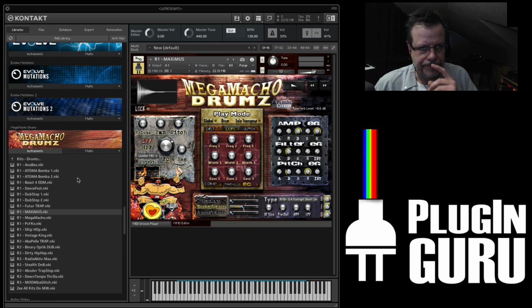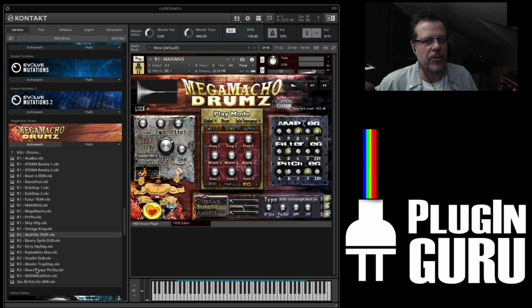But here's the problem. Because this is a serial number library, these NKI Native Instruments Kontakt instrument files have the serial number requirement basically recorded into the file, and you can't get rid of it. So I'm having to build the library from scratch, and it's worked pretty well. I've got everything set for all the normal R1 kits, but the revision 2 update kits and the revision 3 update kits that Seth Norman and myself did,